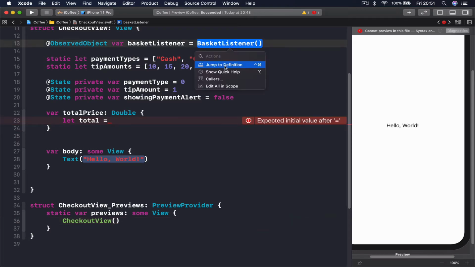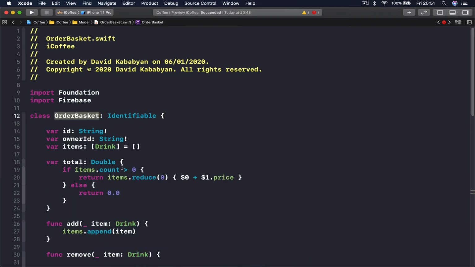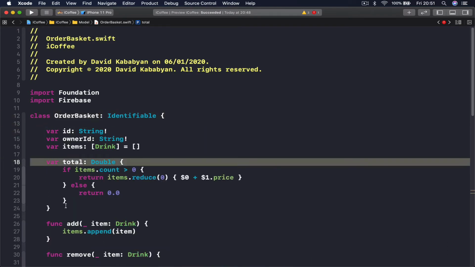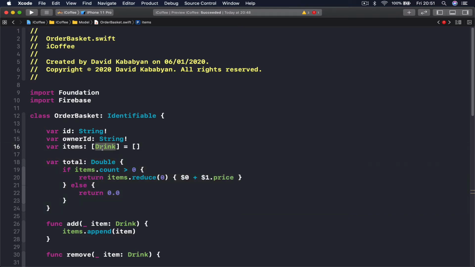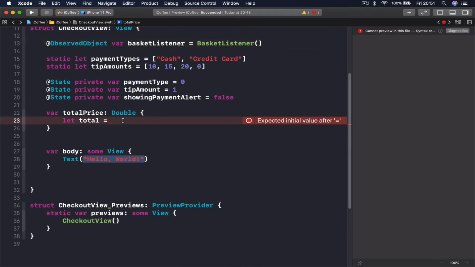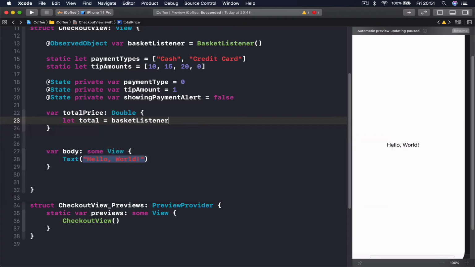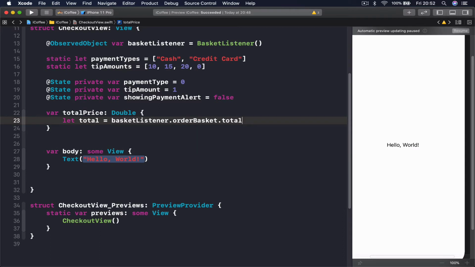Remember, our basket listener has this order basket, and order basket has a variable called total, which returns the total price of the items inside of the basket. So we can access that. So I say total is equals, and we say basket listener dot order basket dot total,